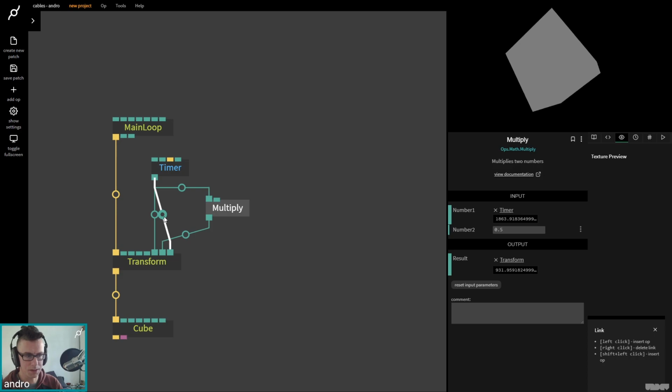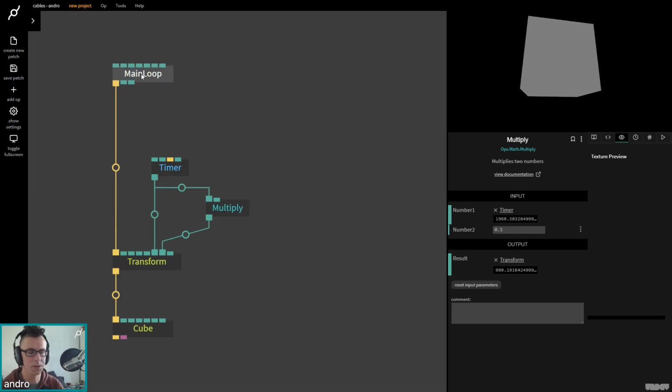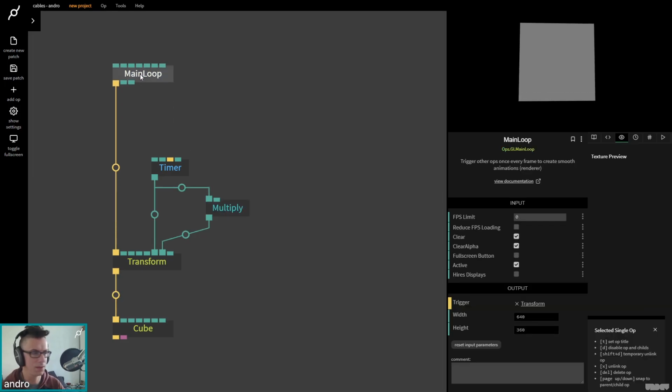Right mouse button to disconnect. Okay. So that's the basics of interacting with the UI. There's still quite a lot more things tucked under the hood, but let's just keep it nice and simple for now. So we want to make this cube look a lot cooler because, I mean, everything starts with a cube, basically, in 3D graphics. And if you can make a cube look good, then you're already halfway there to making